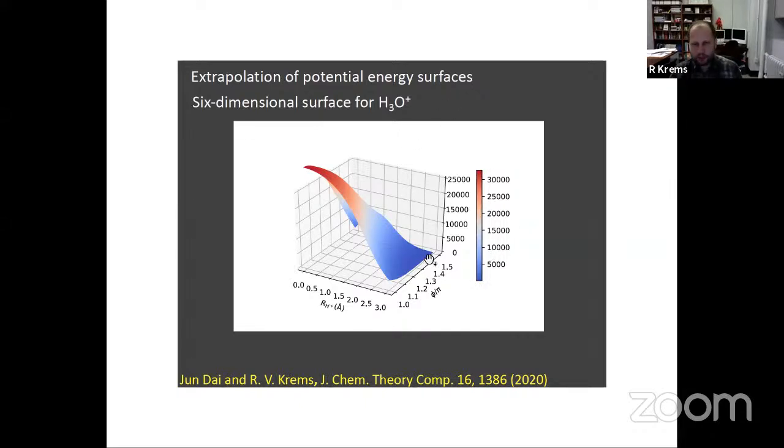And one of the things, so if you want to build a global surface with a very small number of training points, you need to be able to not only interpolate in this energy landscape, but also extrapolate. So, we wanted to see if our models are capable of extrapolation. And the way we tested this was by training the models within a small range of energies, and then looking at the performance of those models at higher energies.